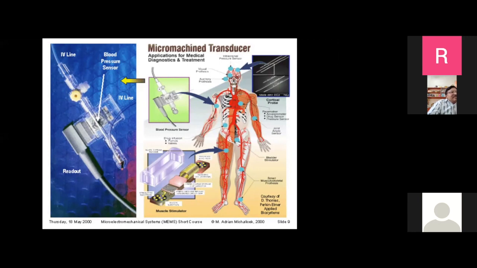But a lot of applications have potential. You are seeing one blood pressure sensor on the left-hand side with an IV line. So the blood pressure can be monitored, and also the fluid can be injected into the body when the blood pressure goes up by a certain value. It's a very small device. It can be put in the hand or somewhere. Sometimes, non-invasive techniques are preferred as far as possible nowadays. So a lot of monitoring can be done externally.